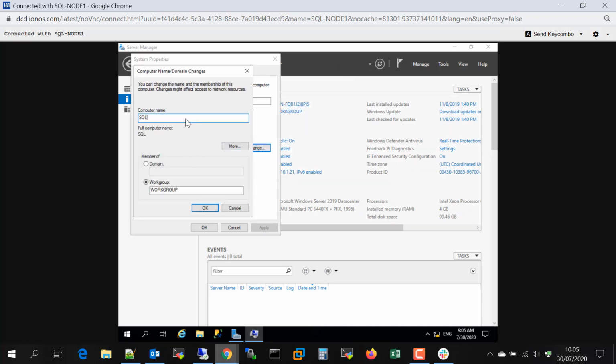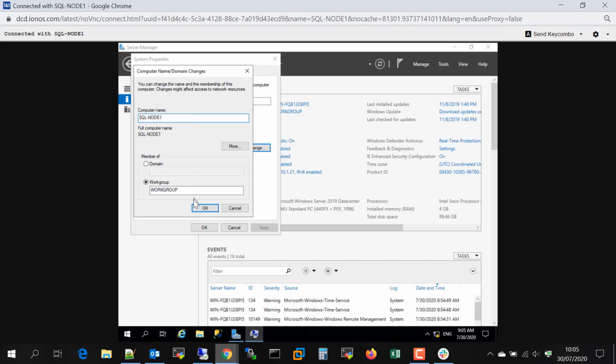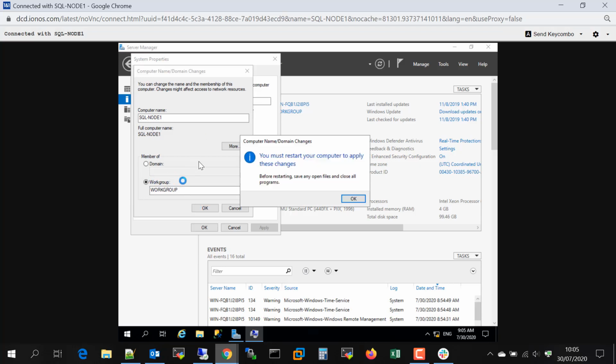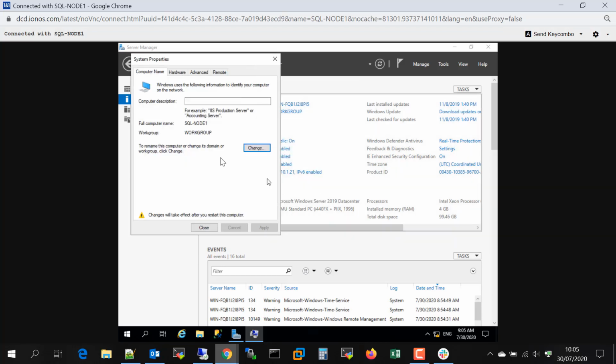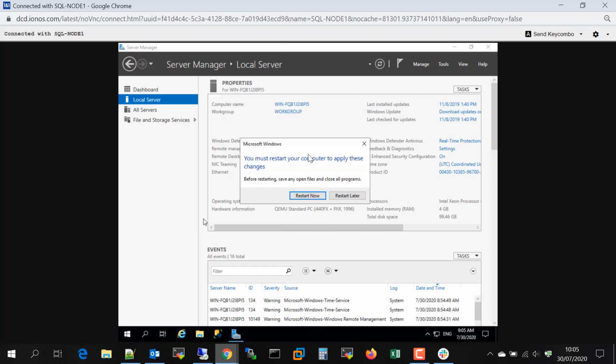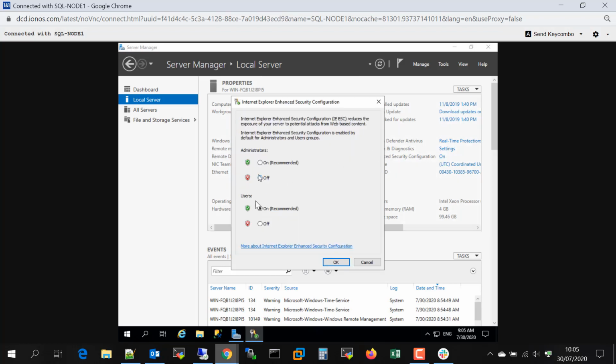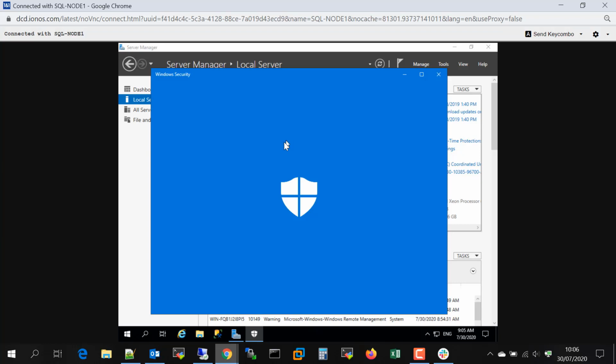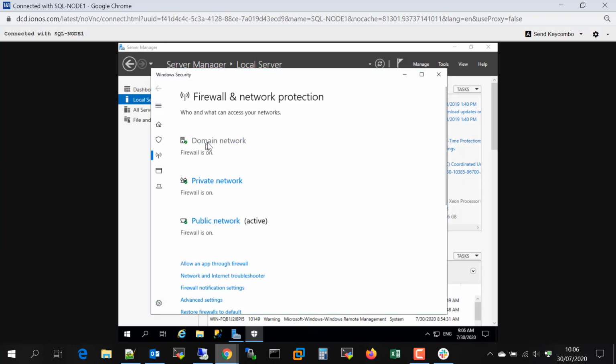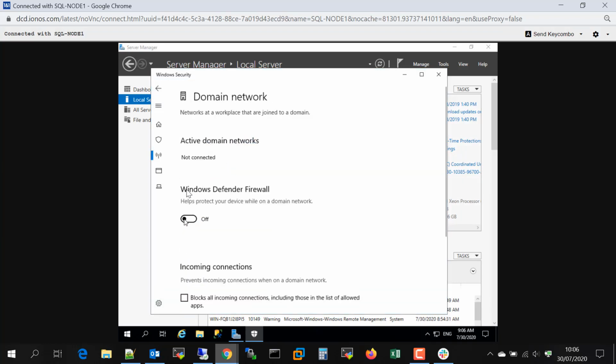So this can be SQL-node 1. We'll add it to the domain once we've configured the iSCSI configuration, etc. Okay, so we won't restart yet because I want to change the IE settings again in relation to this build, and then I'm also going to switch off the firewall again as well. So we just turn it off